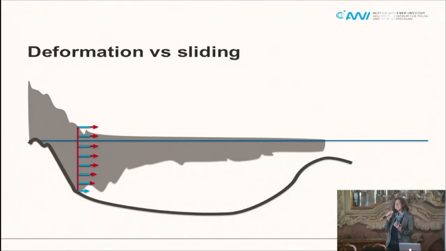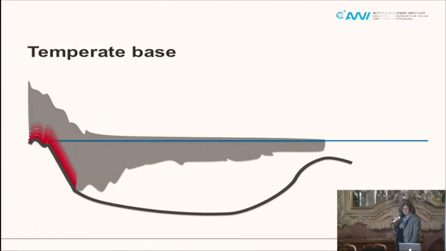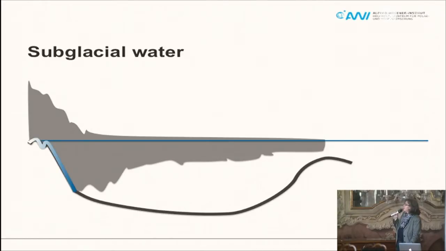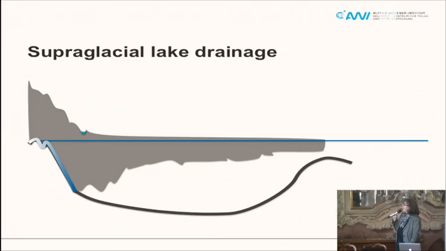I told you that ice is deforming like a viscous fluid. It is also the lubrication effect, and with that the sliding. So this block of ice is also sliding over the bedrock or the sediment underneath, and it makes quite a difference if you do have a warmer ice mass, so if your ice at the base is quite warm, or if you have in addition to that subglacial water either coming from the inland, or like Conny Steffen showed, that you have these supraglacial lakes that are draining. So if you have this drainage, you have an additional lubricating material, and the glacier can start to accelerate.